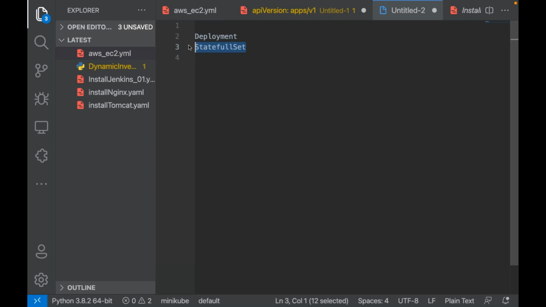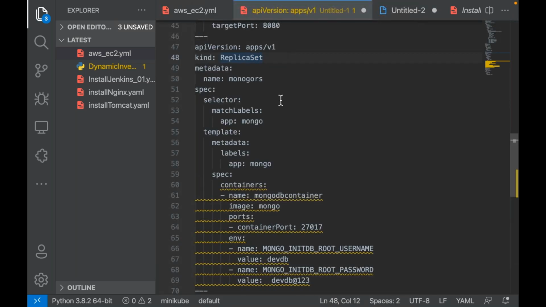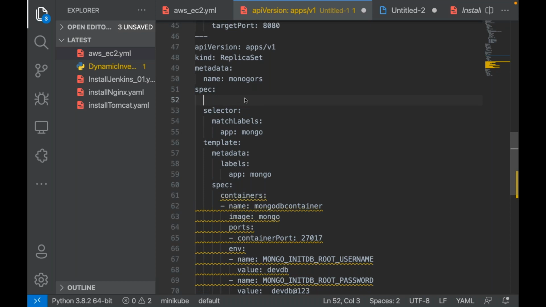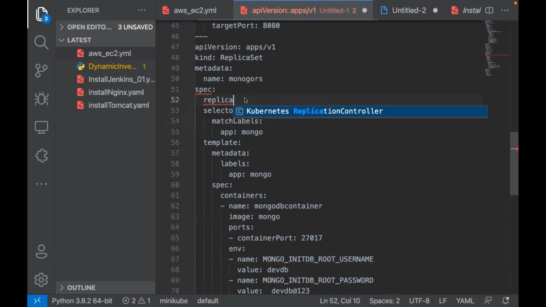I will explain the StatefulSet later. Before I go for a StatefulSet, you need to understand the basics. That's why I'm starting with replica set. So even though I give replicas as 2, this is not correct for a database.